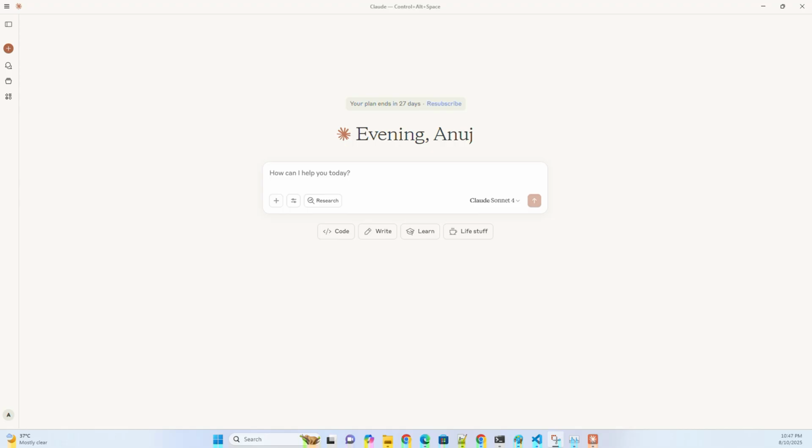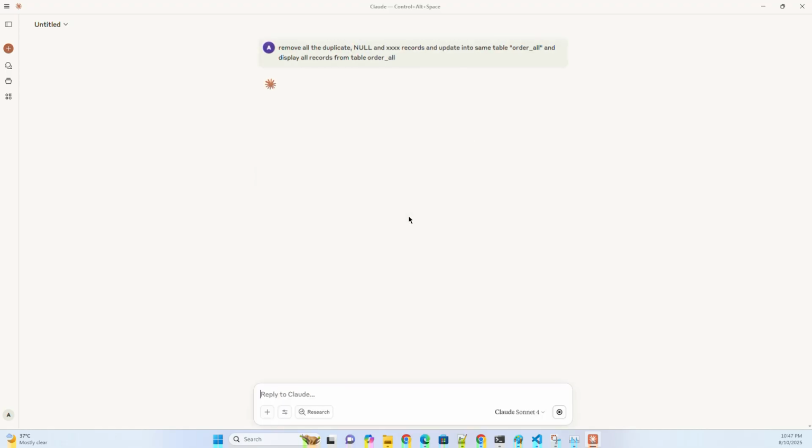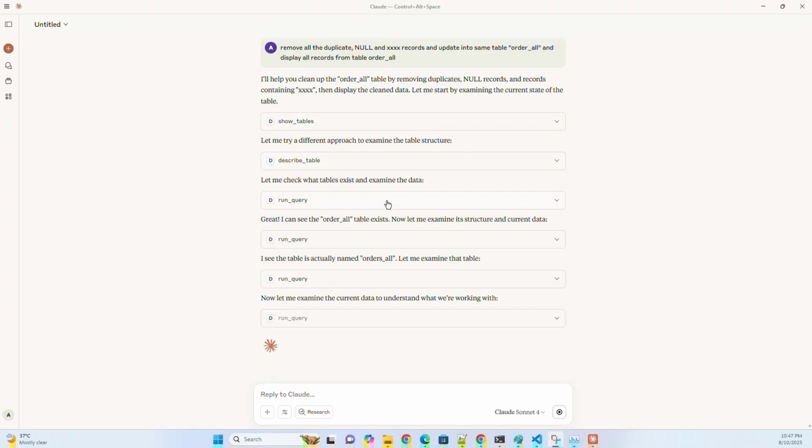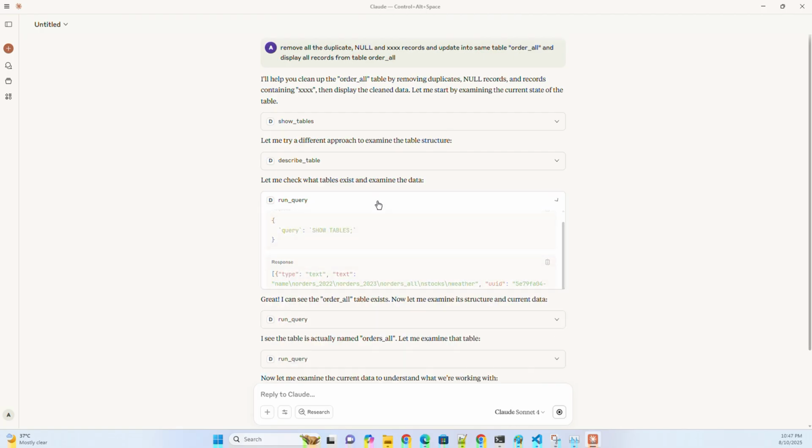Now in the Claude IDE, next I'm giving another task, the data cleaning task, to the agent. Whatever duplicate column it has created, remove all the duplicate values, and based on that we will see whether it has removed all the records which are duplicated or not. Now you see it has started creating